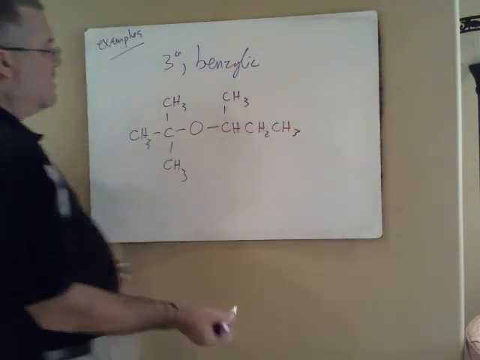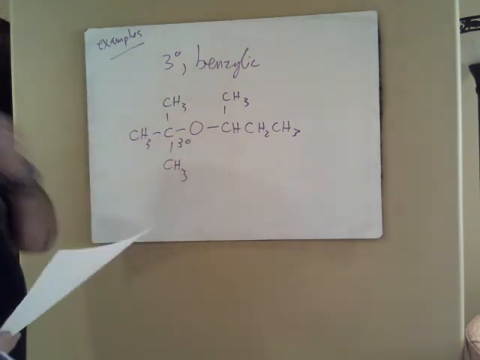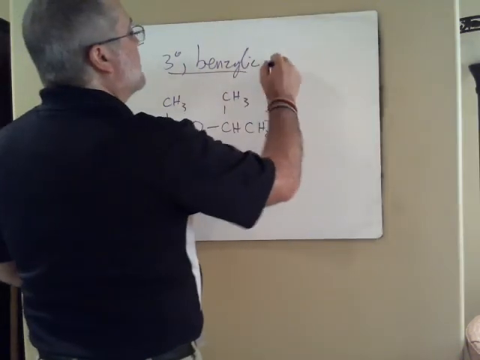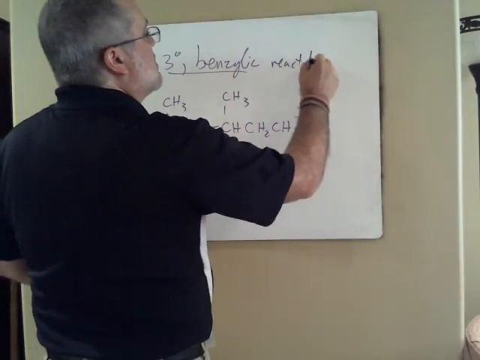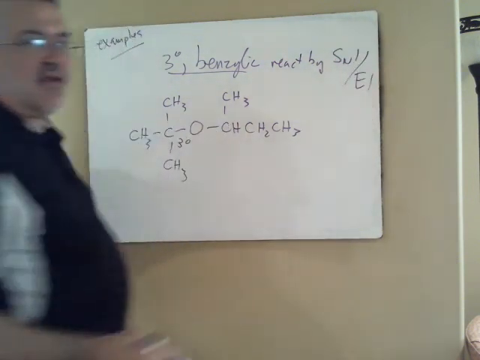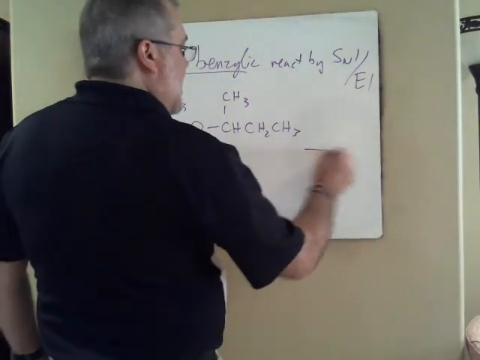Let's make up one like this. See, one of my residues is tertiary. Once that happens, this is going to react by SN1, E1, because remember those always happen in tandem. And so what does that mean? When I treat it with my HI,